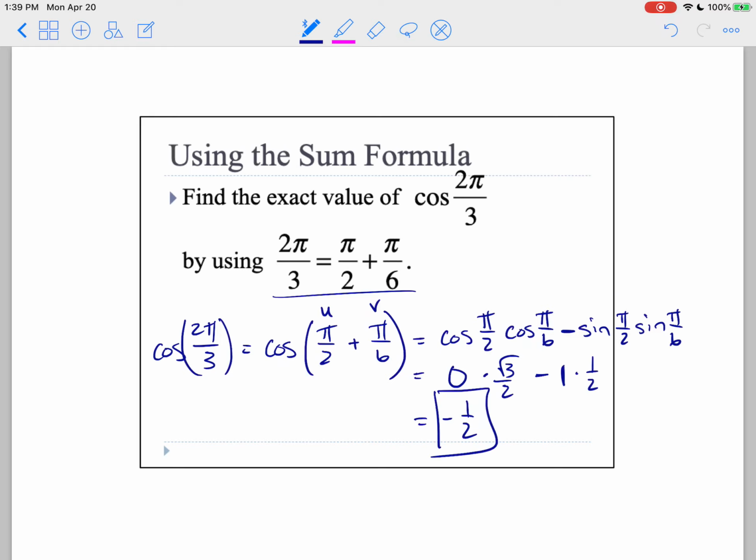All right, I'll see you in the next video, and we will do the sum formula and difference formula for sine. I'm going to show you where those come from, and actually I'm going to show you the basic cofunction identities, where those come from, and then from that we're going to be able to find the sum and difference formulas for sine. All right, I'll see you in the next